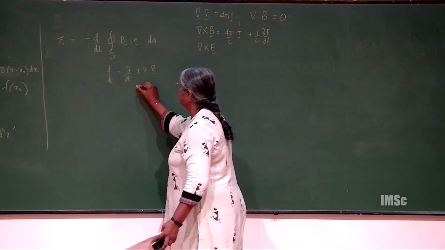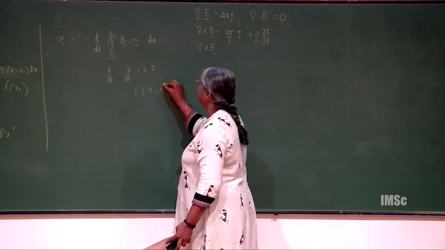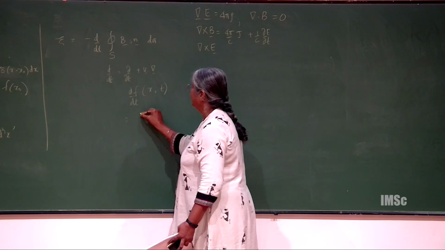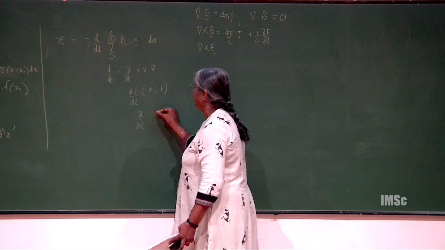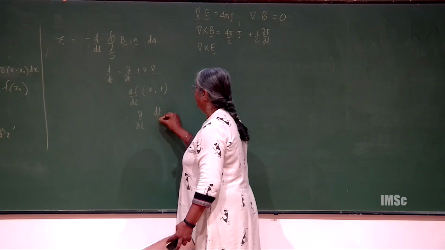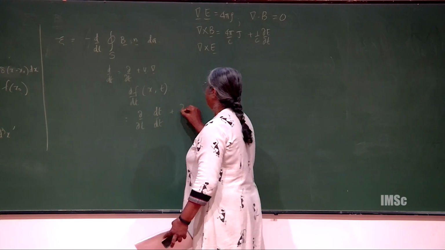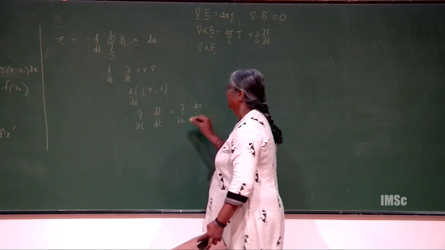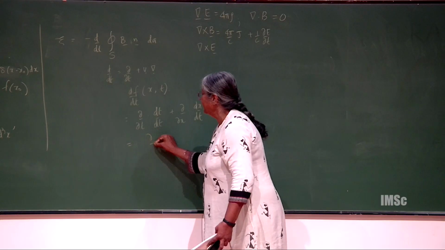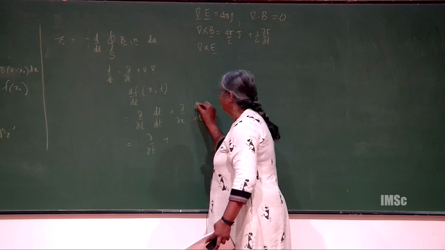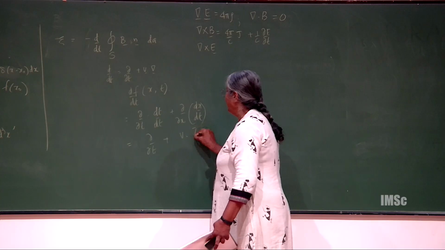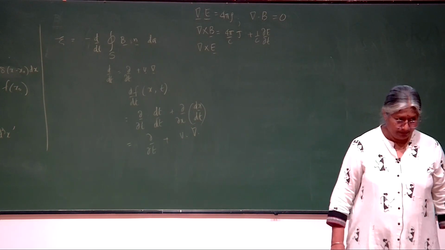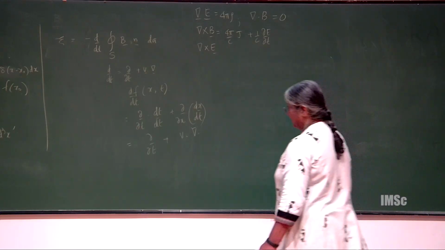Because if you have some function of x and t, then d by dt of this is d by dt into dt by dt plus d by dx into dx by dt, I've taken only one dimension. dt by dt is 1, so that is d by dt plus dx by dt is the velocity, and if I take 3 dimensions that becomes del, right? Is it clear? Fine, so I have to account for this